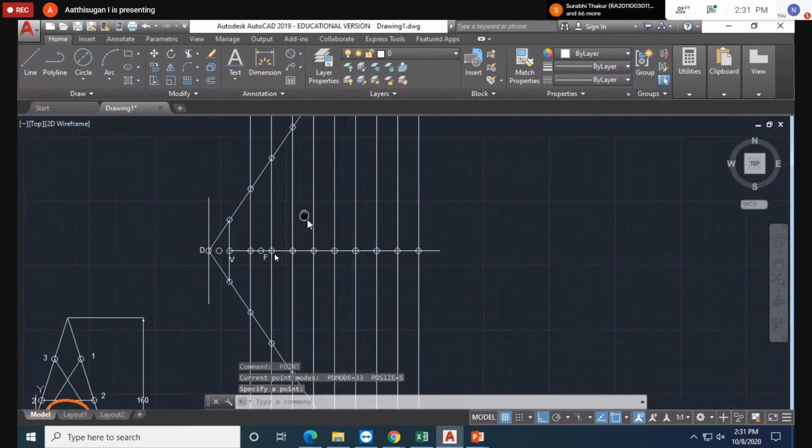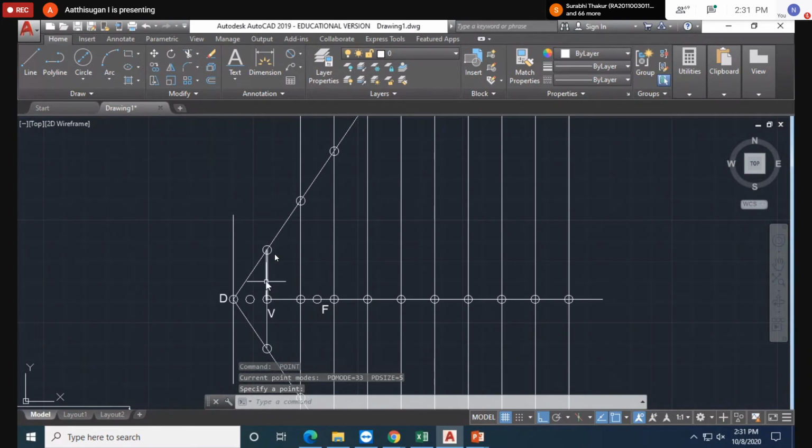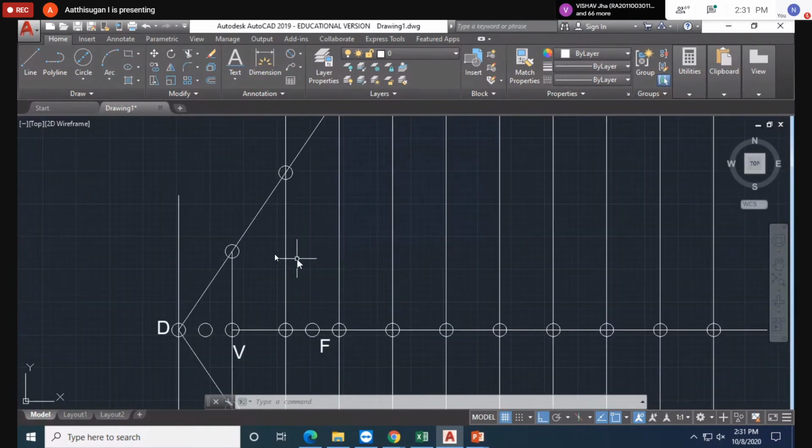What are you going to do? Take this distance. F is the center point. You have to draw an arc on the same line only. That may be cutting on the V only, because this is equal to this one. We already know VF is 30, so take that distance. That is the first point, no problem, make a point.